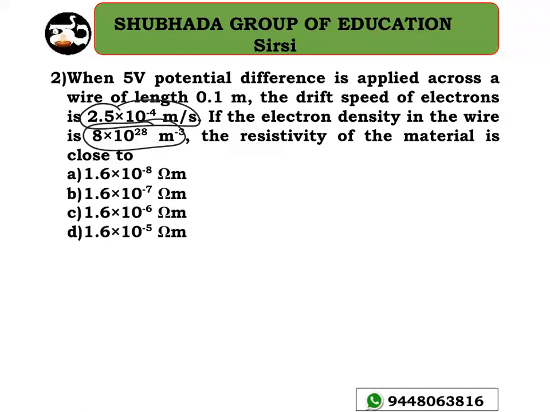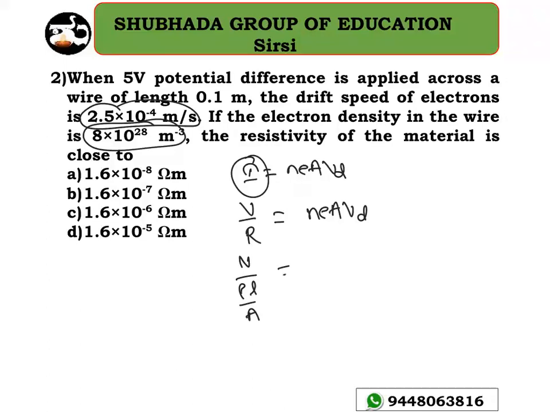Clear? As you know, the definition of current is I equal to nEA vd. vd is the drift velocity that I already know about. By using Ohm's law, I is equal to V divided by R, that is equal to nEA into vd. So now instead of R I can write rho into L divided by A, that is equal to nEA vd. Clear? So now what will I get here? I need to get the value of rho, right?